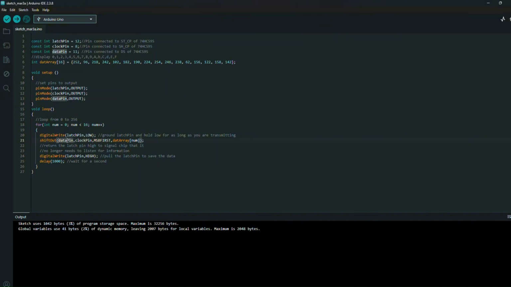Data pin is where the bits go. Clock pin will move to the next bit, and then this one will send the most significant bit first. Then our array will be the actual number to send, like what number inside of the array will be sent.